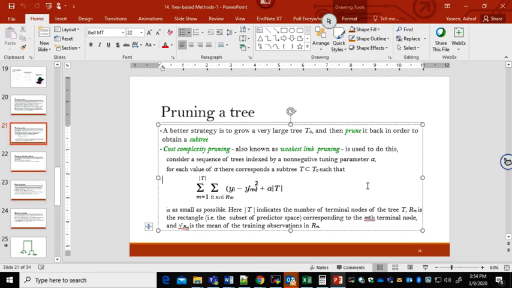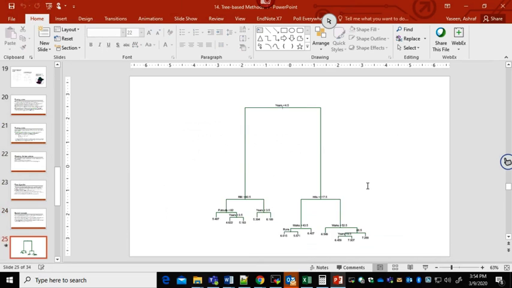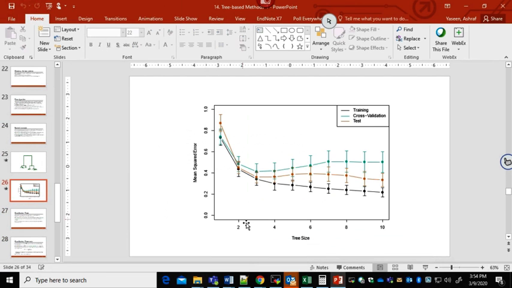We don't choose the tree size, we choose alpha, and alpha will determine the tree size. So we run different experiments with different alpha values, each giving a different tree size, and then within the cross validation, you determine which one has the lowest validation error.